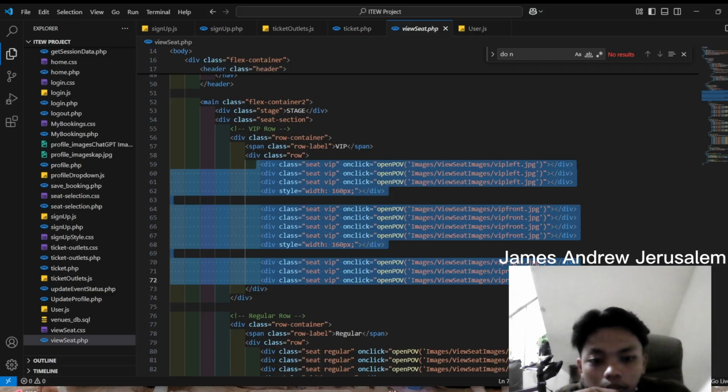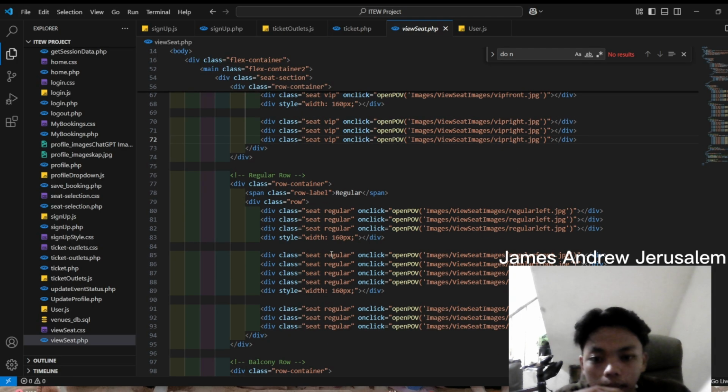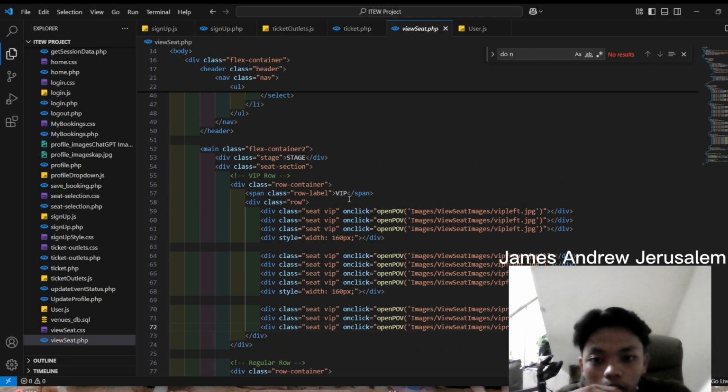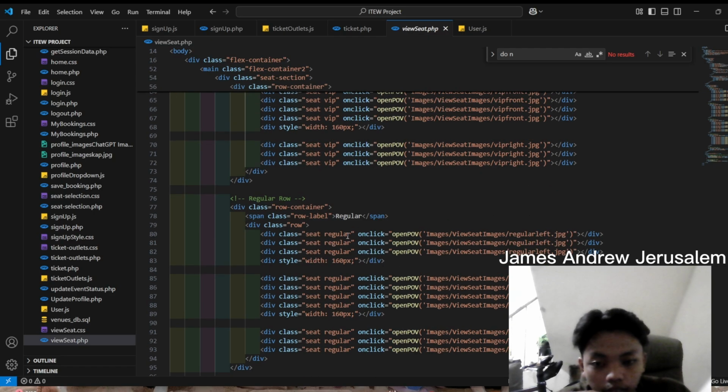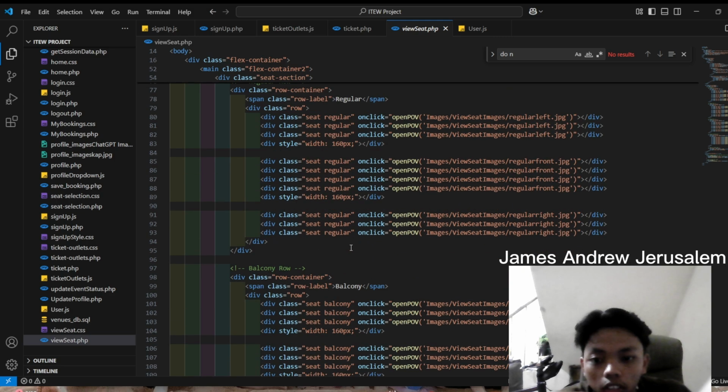This will be the div for the seats, and we created the function onclick. If you click the seat, it will open the POV and show you the image. Also for the regular and balcony rows.